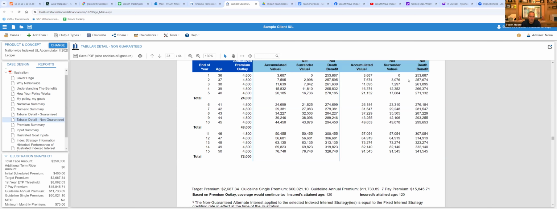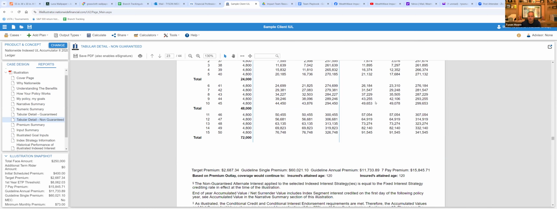I won't bounce around, but if I were to change this to a level death benefit, my guesstimate would be, instead of being able to put $11,700 in a year, I bet it would be like $6,000 a year. It would be much less. And this is also going to give inflation protection, because most people, if you think about real life, unless you're starting with somebody when they're like 65 and it's like an estate planning thing, that might be a different scenario. But I think in real life,